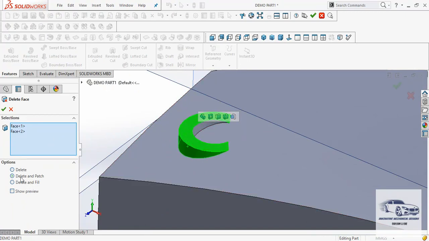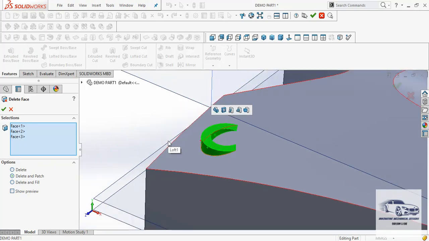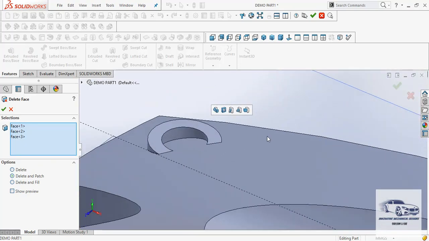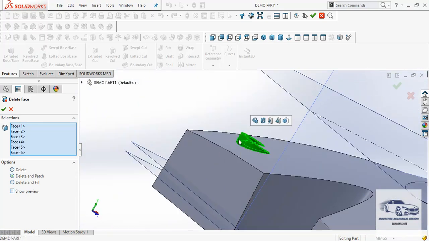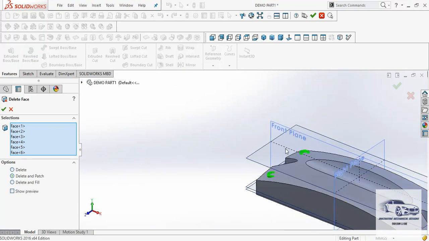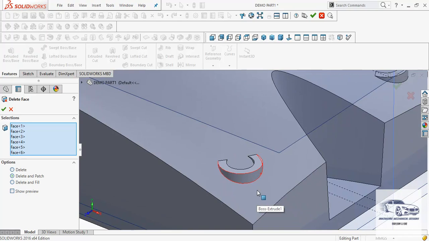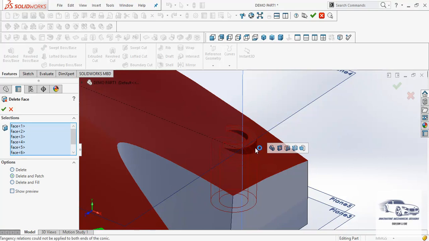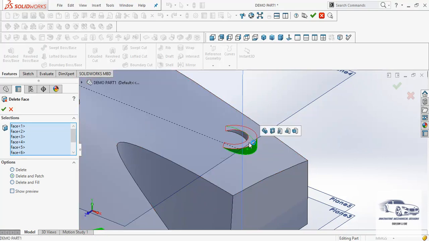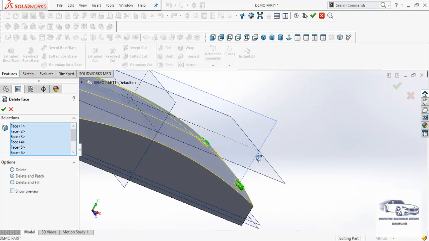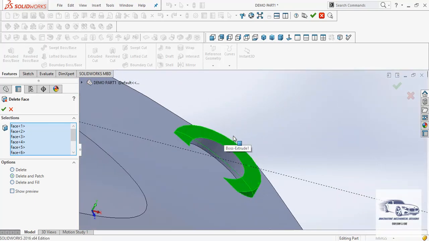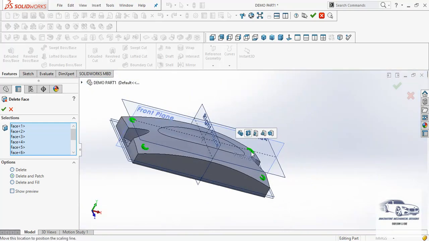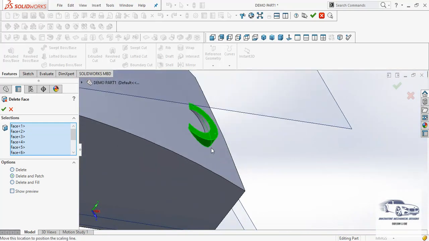So here we are using the condition of delete and patch, meaning the software will delete these surfaces and will also fill up the space left behind without keeping any loose material or space from where the surfaces are being removed. So now we have completed the selection of surfaces, then OK.